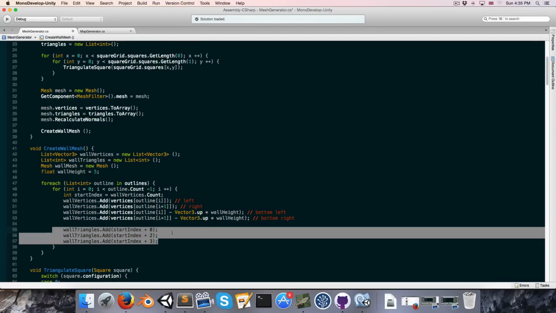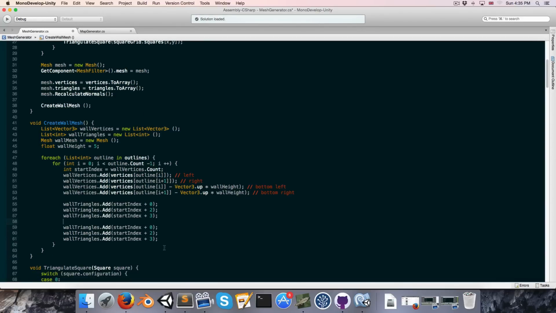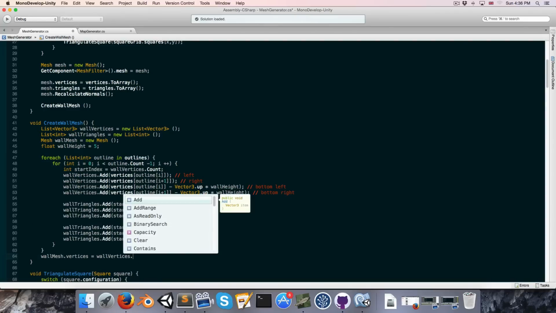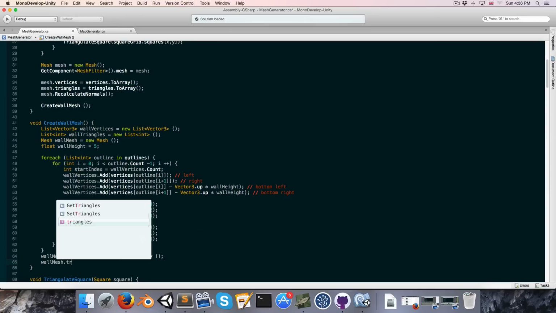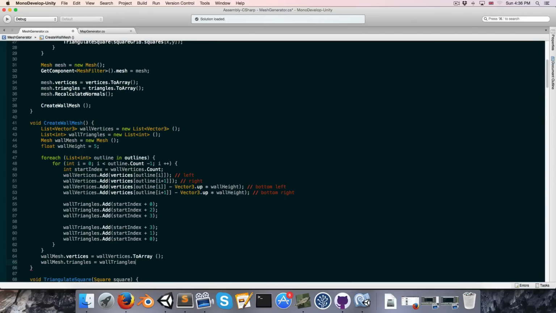Alright, so that's our first triangle, and then we want to add our second triangle, which we could start at bottom right, which is plus 3. We could then go to top right, plus 1, and then we could end off at top left, which is plus 0. Alright, so now at the end of that, we just need to say wallMesh.vertices is equal to wallVertices, and we need to convert that to an array, so we say ToArray, and wallMesh.triangles is equal to wallTriangles.ToArray,